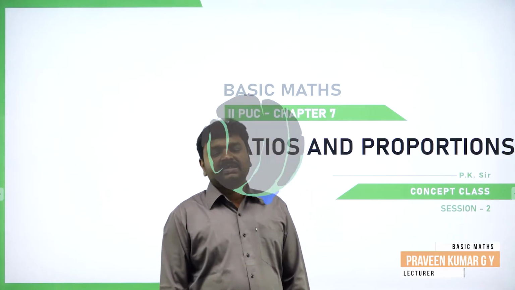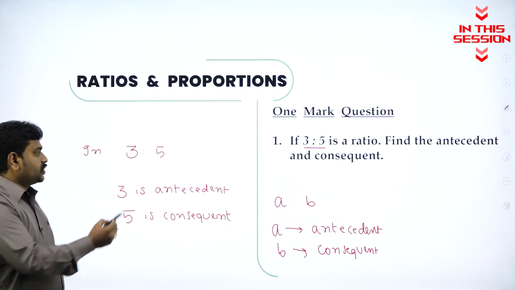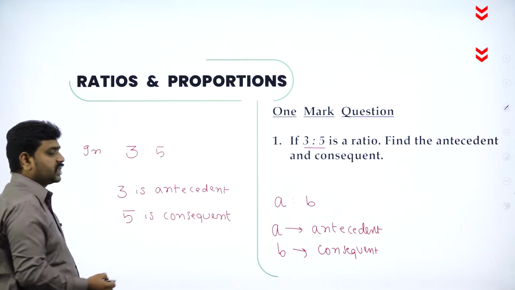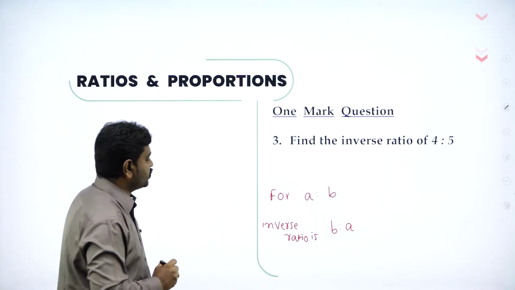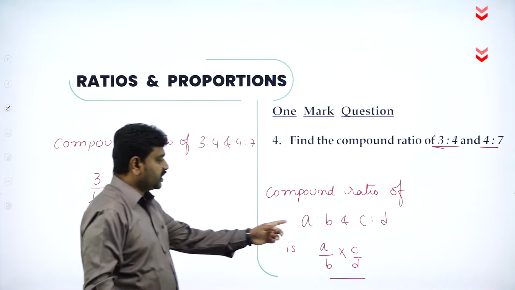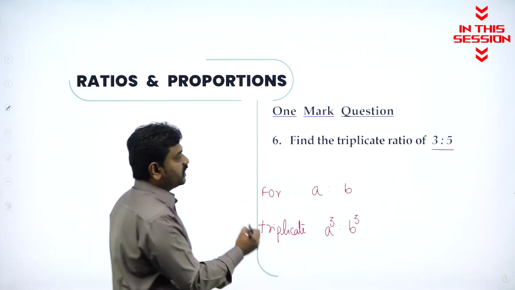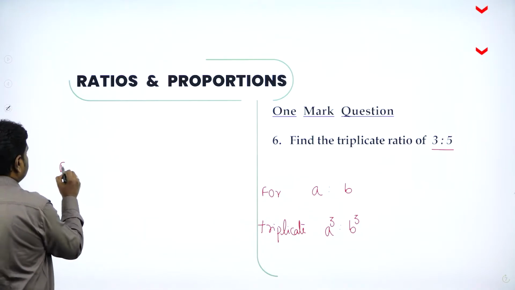In today's class, we'll go ahead with the problems of ratios and proportions. So in the ratio 3:5, the first term 3 is antecedent, second term 5 is consequent. For A:B, inverse ratio is B:A. For 4:5, compound ratio of A:B and C:D is A/B into C/D. So now they give 3:5, for that they want triplicate. So for 3:5,